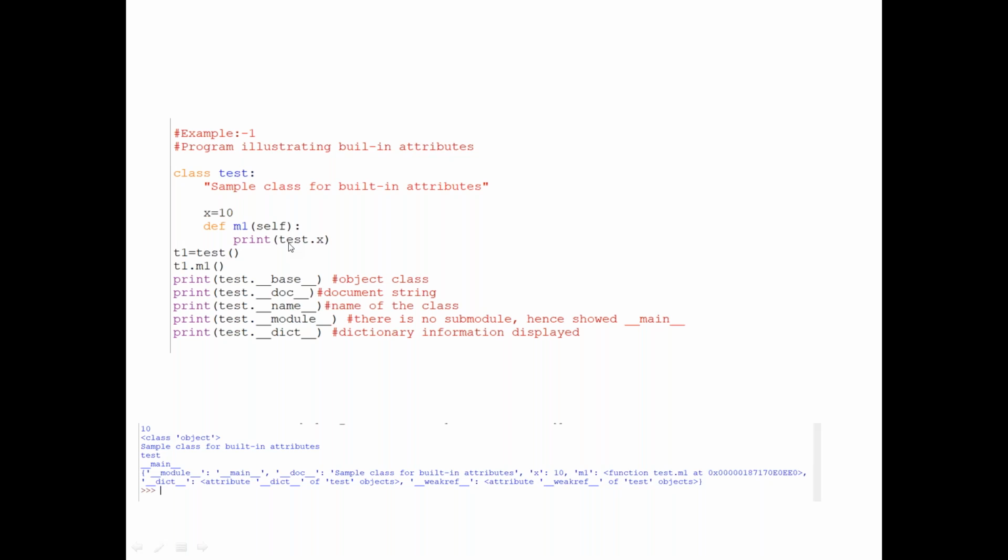Is it correct, test.x, or do we need to give self.x? Which one is correct, self.x or test.x? Do not think that I'm confusing you, but whatever you remember and whatever you feel is right, just let me know.